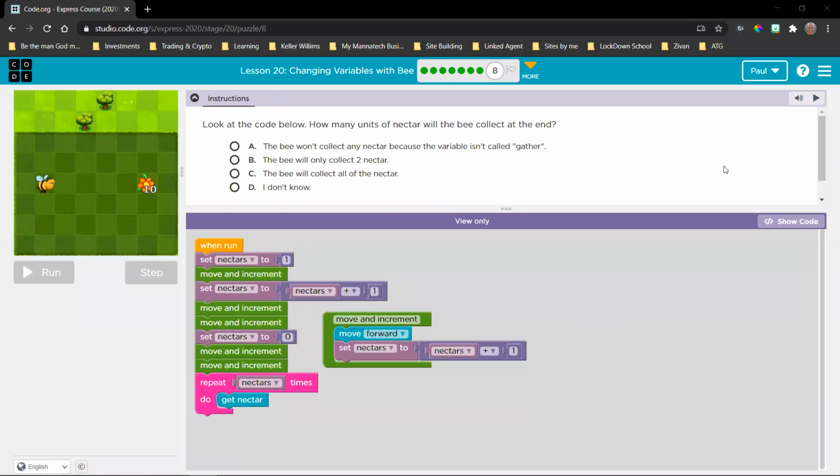This one is an interesting one. Look at the code below. How many units of nectar will the bee collect at the end? In order for us to understand that,